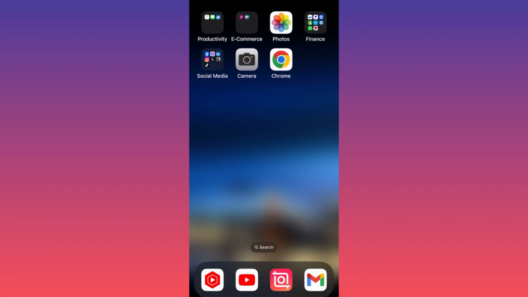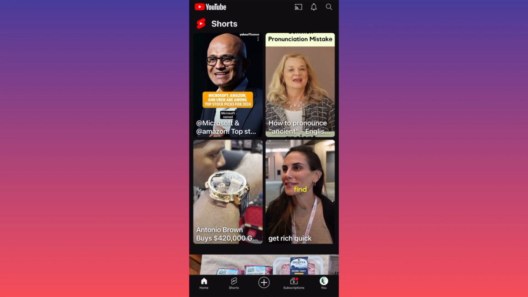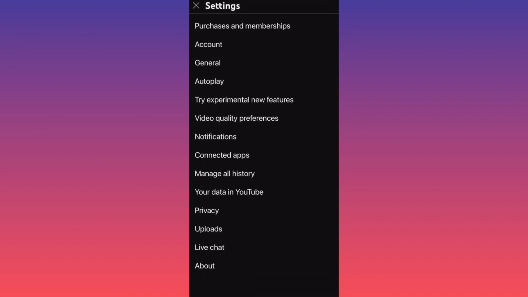Let's launch the YouTube app first. Then I want you to go and click on the lower right corner where you see your profile icon. Then I want you to go ahead and click on the gear icon in the top right corner. When you're at the settings, I want you to click on